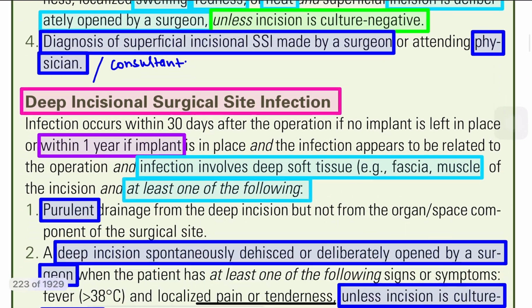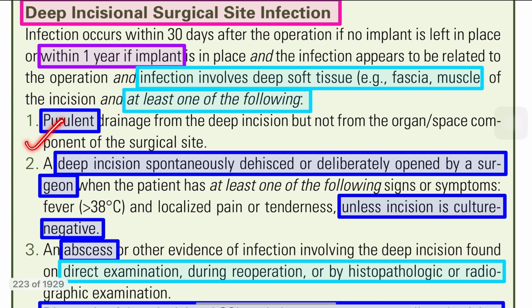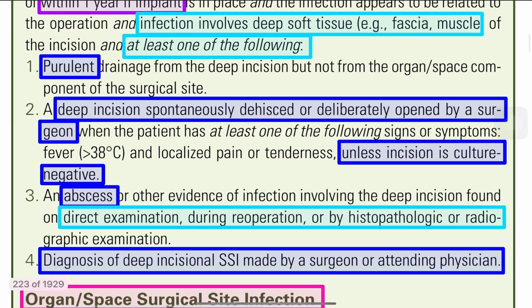Then deep incisional surgical site infection. The same thing: infection occurs within 30 days after operation. If the implant is there, it should be within 1 year. So implant is 1 year. The infection involves deep tissue like fascia and muscle, and at least one of the following, same: pus should be there, and the deep incision is spontaneously dehisced or deliberately opened by the surgeon. And then the signs and symptoms, at least fever, localized pain, tenderness,